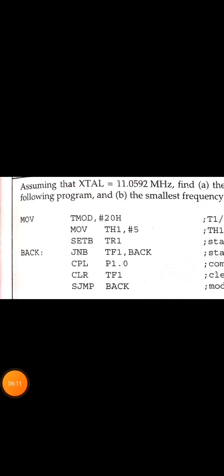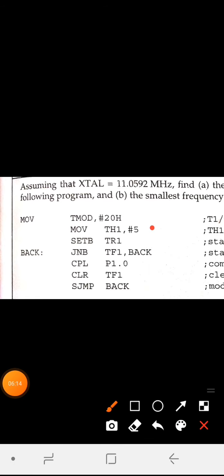You can see here the initial value which is loaded is 5. So this instruction is to start up the timer. So this is to continuously check the status of your overflow flag. We are saying CPL P1, port 1, to get the high and low portion. Then once TF has been reached, that is, it is rolling from FF to 00, we have to clear the TF flag so that we can go for the second round of counting. So this is your mode 2, which is the auto-reload mode we are saying. So this is about the program which has been given.